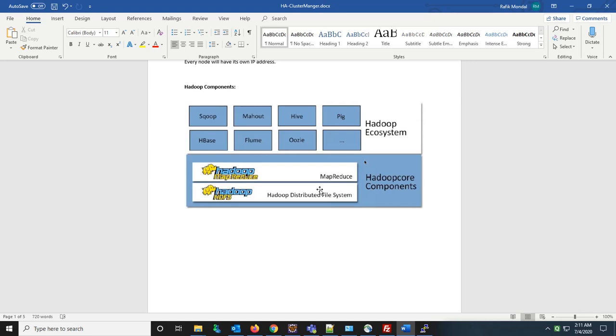And then we have the Hadoop ecosystem apps, which are built on the Hadoop core system, like Sqoop, Hive, Pig, HBase, Flume, Oozie, but we are not going into the details of this ecosystem. In this course we will mostly learn the Hadoop core components, then we will try to install Hadoop on a single node machine. So let's